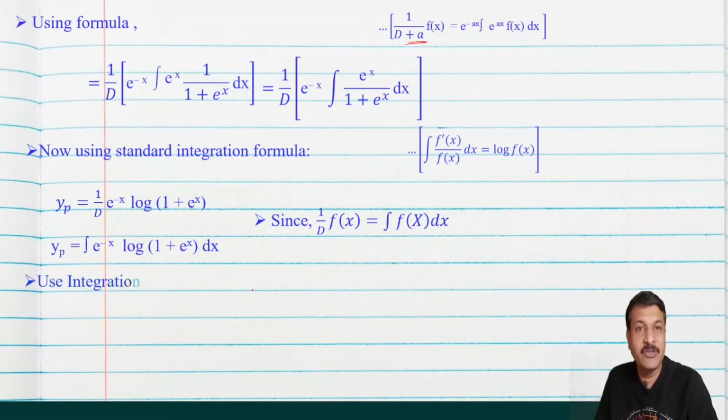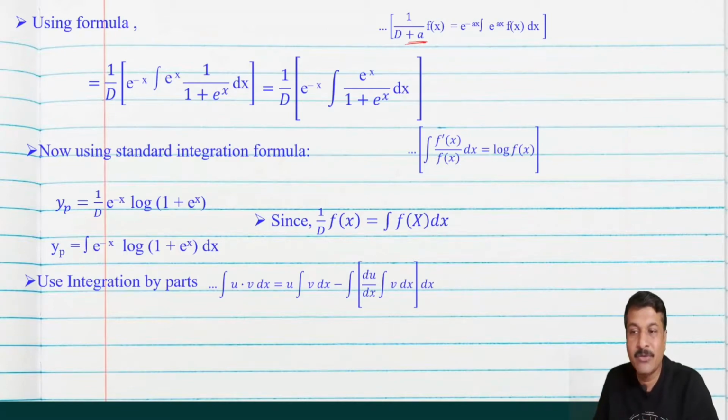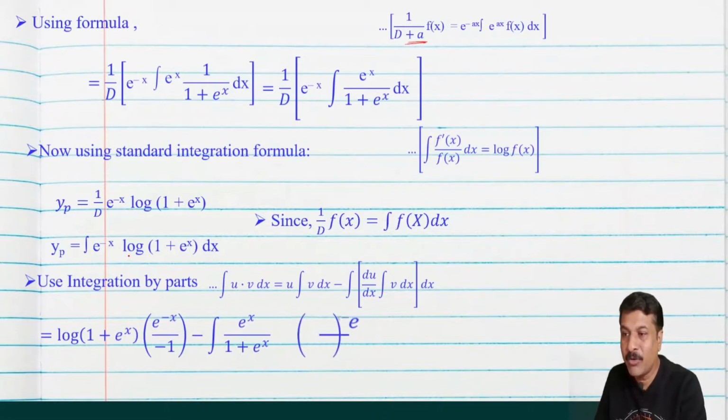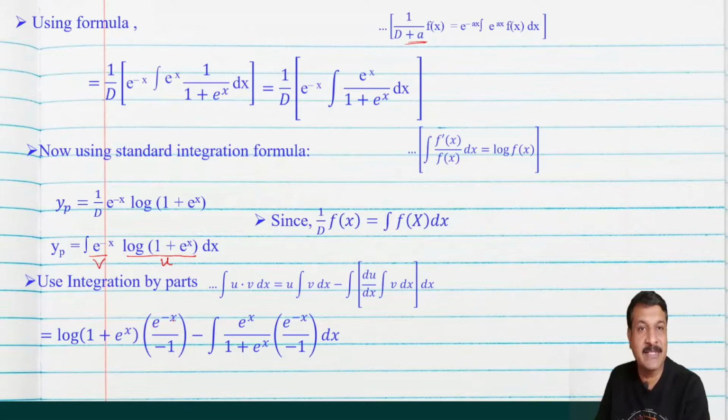So use here the uv rule, meaning integration by parts: integration of uv dx equals u into integration of v dx minus integration of derivative of u into integration of v into dx. So that formula you know, and that is why I am getting here. I am going to consider this as u and this as v. So u as it is, log of 1 plus e raised to x, and integration of e raised to minus x is e raised to minus x by minus 1, minus integration of then derivative of